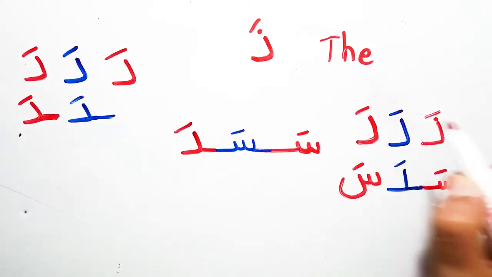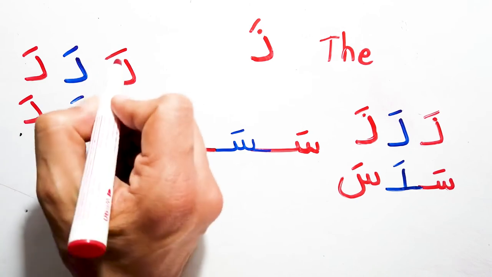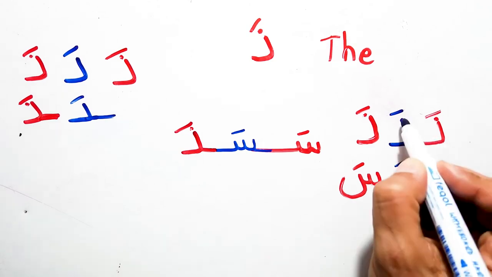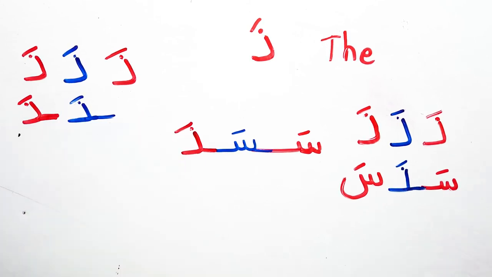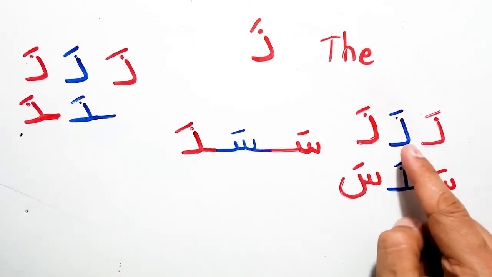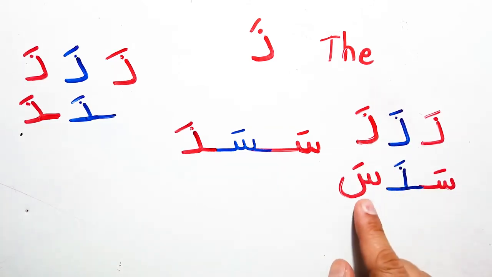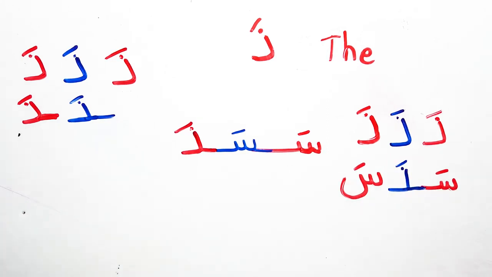Okay, so let's change everything here. I'm gonna add just the dots to change the sound of everything here. The dot has to be on the top of the letter. So now let's read tha, se. As you see, this is tha in the beginning of the word, in the middle of the word, in the end of the word. Okay, so it is a refusal letter as well.